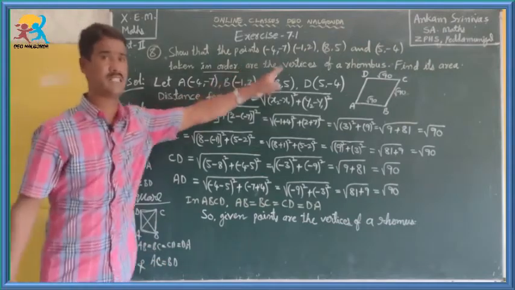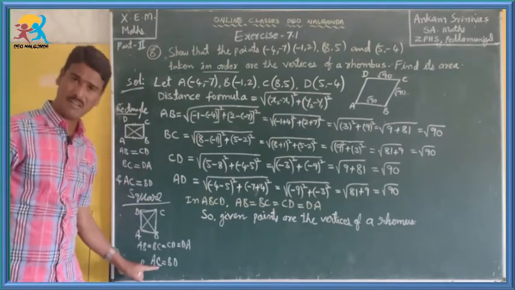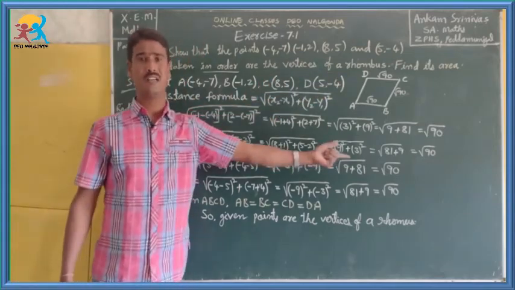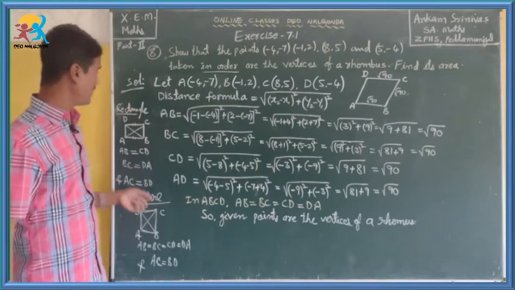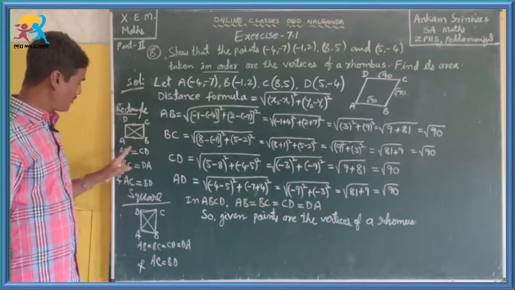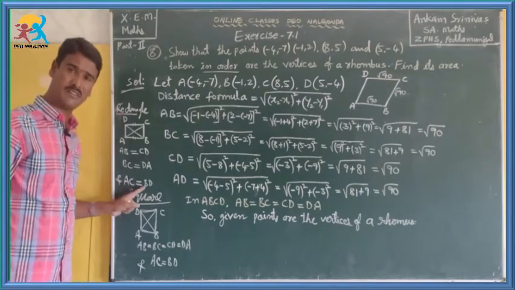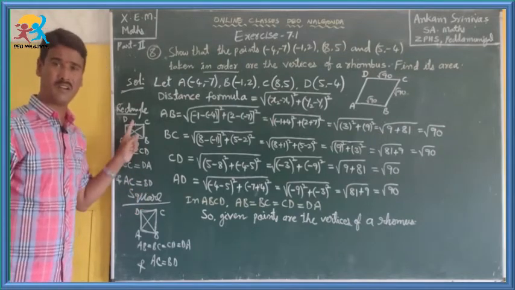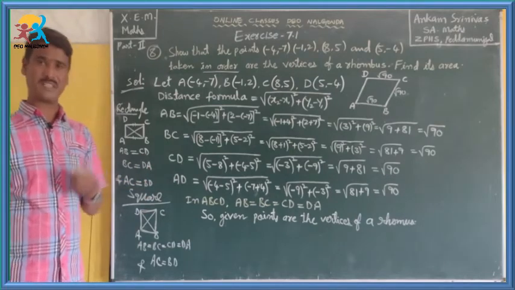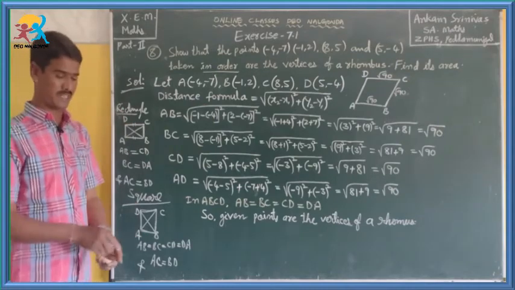What is the difference between rhombus and square? In a square, diagonals are equal. In a rhombus, need not show the diagonals are equal. What's the difference between parallelogram and rectangle? In a parallelogram, opposite sides are equal. In a rectangle, the lengths of diagonals must also be equal, and for a parallelogram need not prove the diagonals are equal. Dear children, in the examination, if you get rectangle or square, we have to follow this pattern.